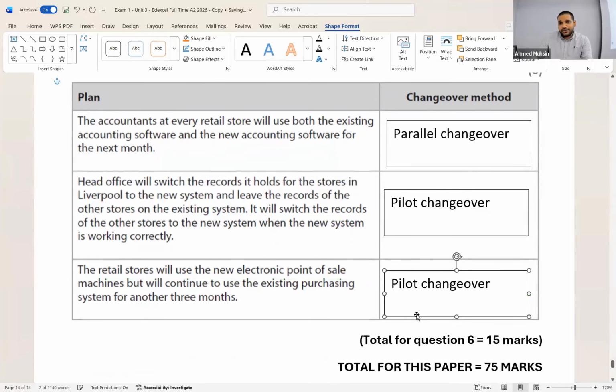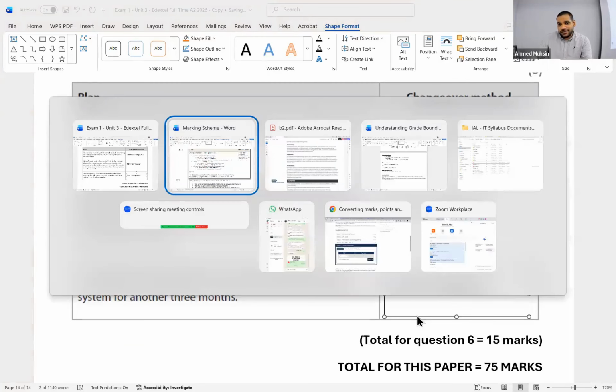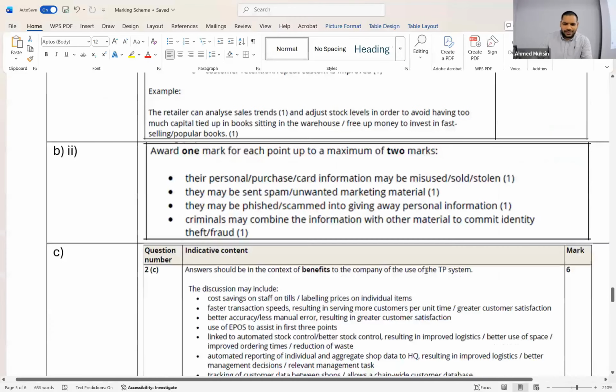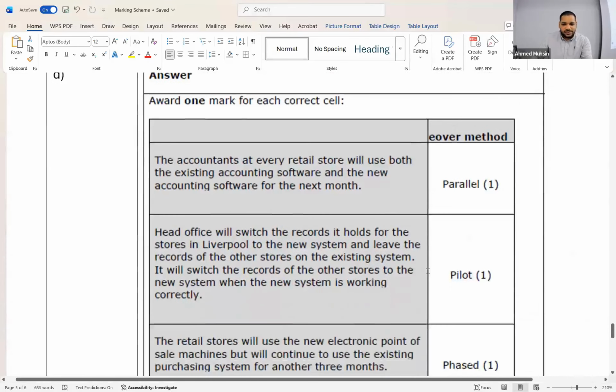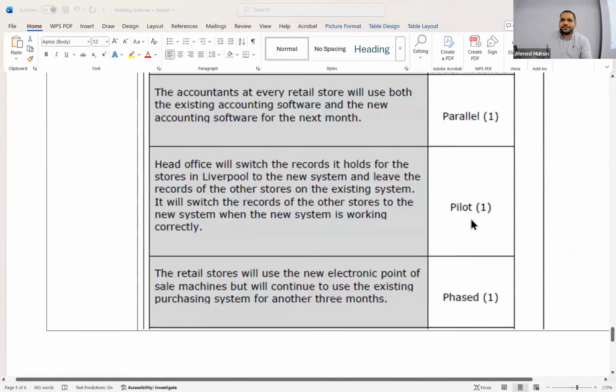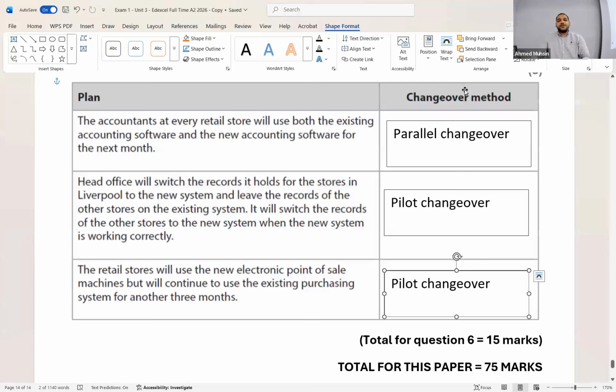They haven't given marks? That's understandable, right? They said only pilot, because changeover is mentioned over here, right? Email address and email are two wrong answers. Generally, if the wording of the answer doesn't have certain words that the examiner is looking for, they would not give marks.